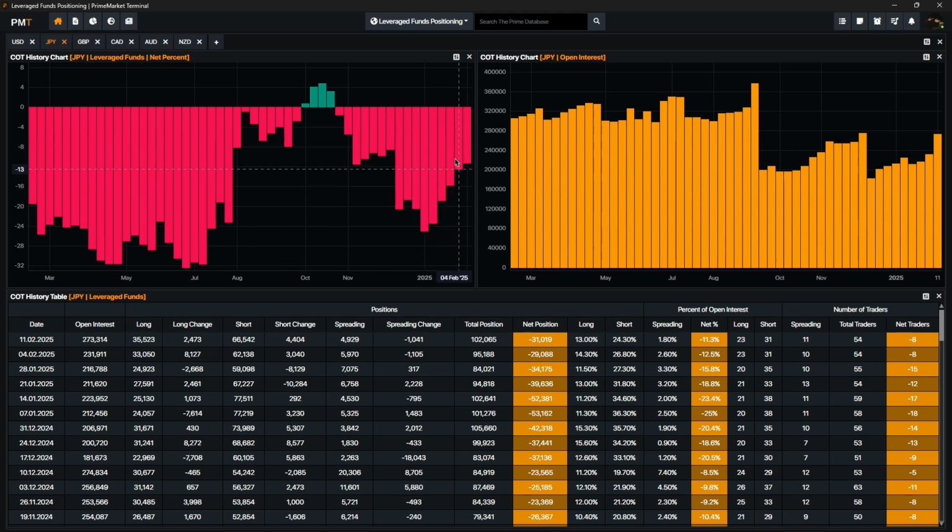So I would use this as confirmation to say that institutional money is increasing longs on the yen, and leveraged funds are also increasing longs on the yen. So that would be a confirmation that the yen at the moment may be strong, and the trend is also strong. So that's kind of what I use this page for. But it's COT data, just the same, just a different